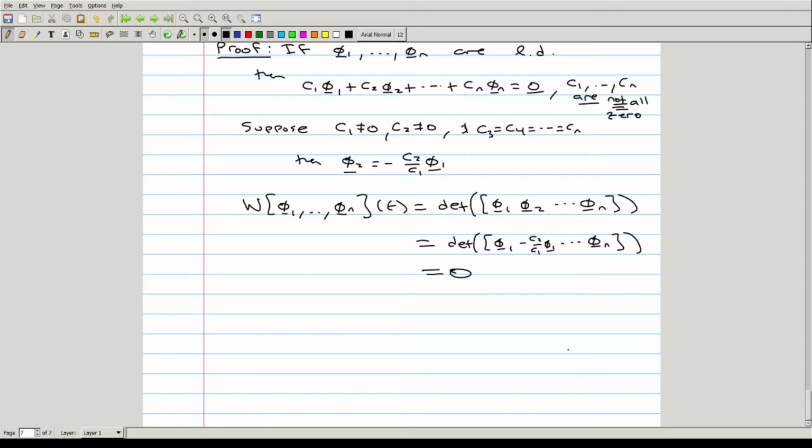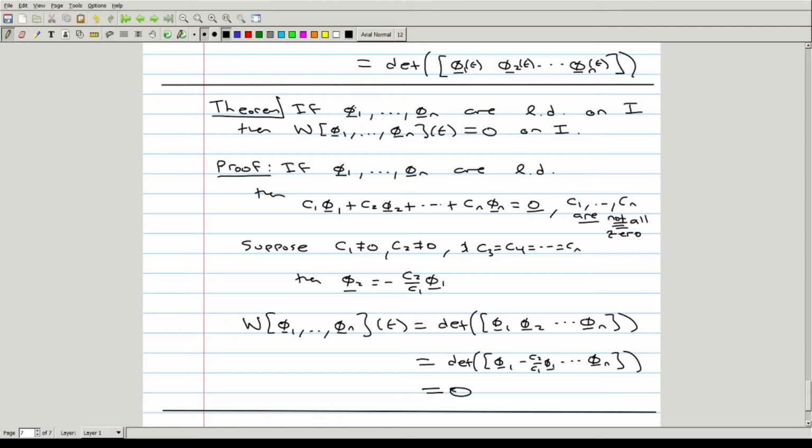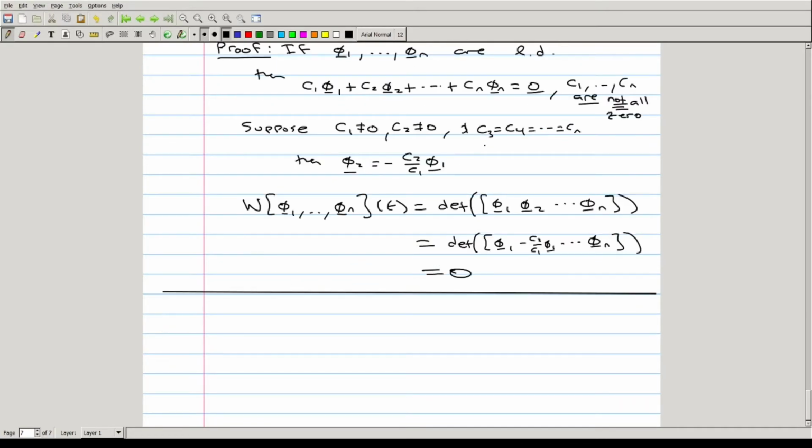So this can be generalized to the general case, but I just wanted to illustrate why this is working in this proof. And one of the big pictures here for us is that we can take the contrapositive of this statement, which is, the theorem statement is, if phi1 through phi(n) are linearly dependent, then the Wronskian is 0. So that also means that if